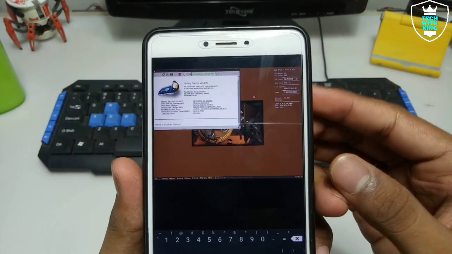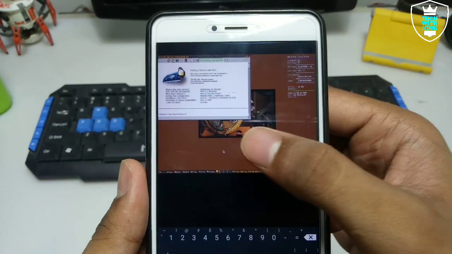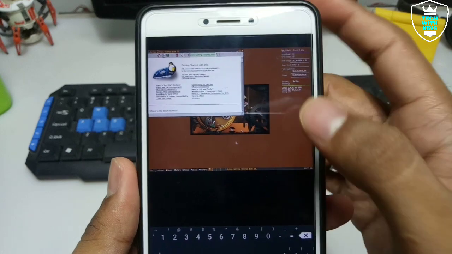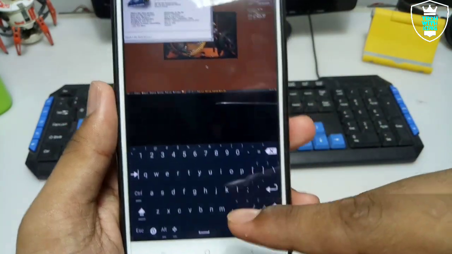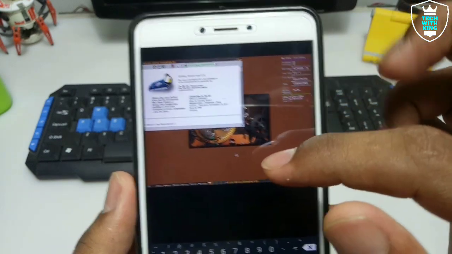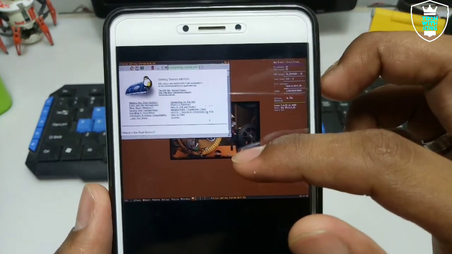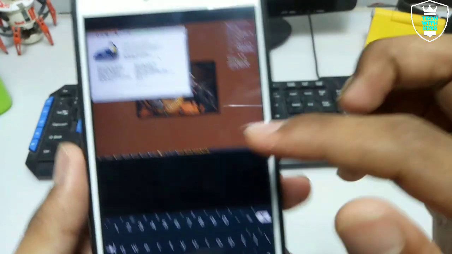So as you can see on the screen, the DSL OS has been fully loaded and successfully opened here. Sometimes the mouse will not work, so that's why I am using this Shoki application and this Hackers Keyboard. After using that, the mouse will work perfectly. I have checked. So if the mouse does not work, you can use this keyboard.